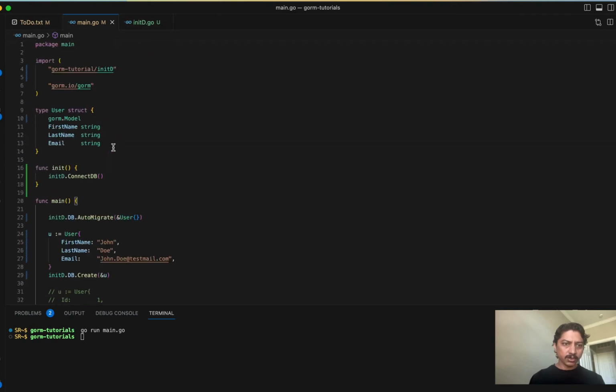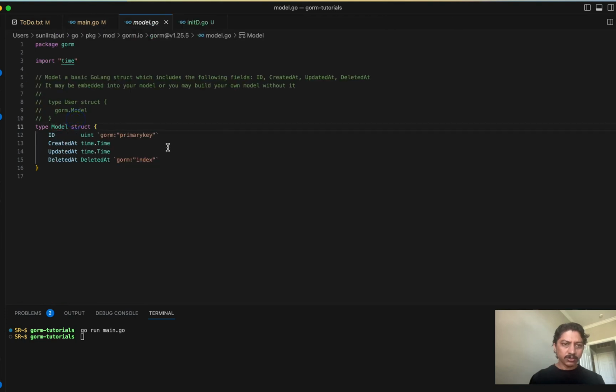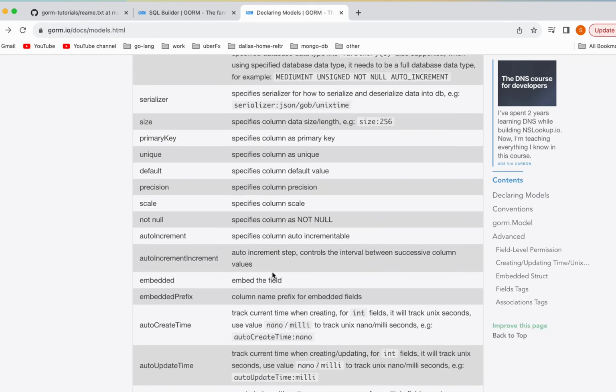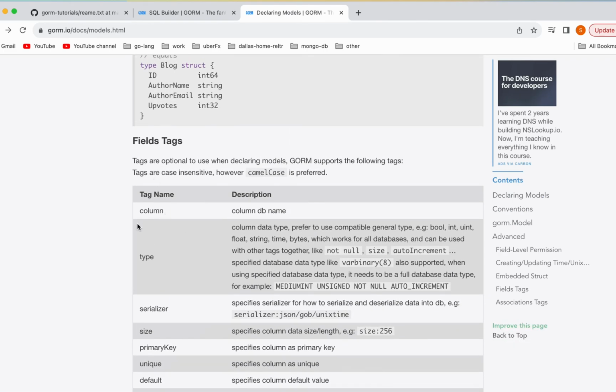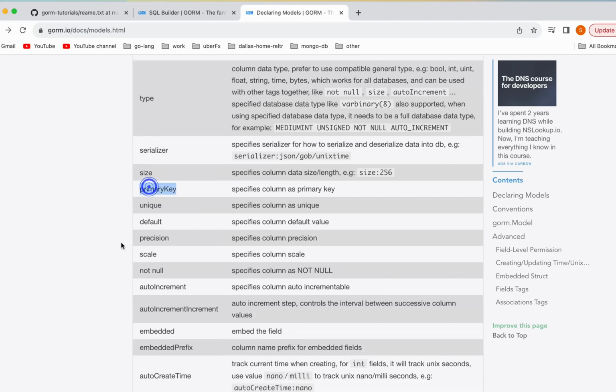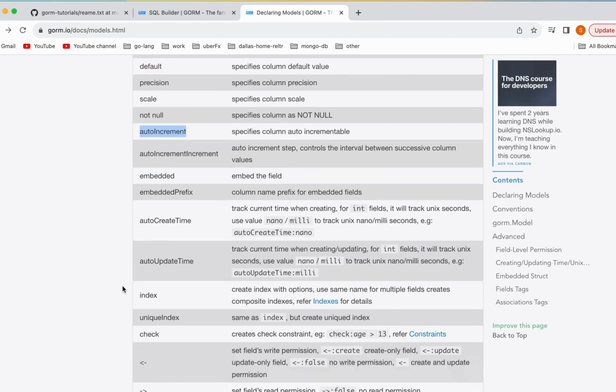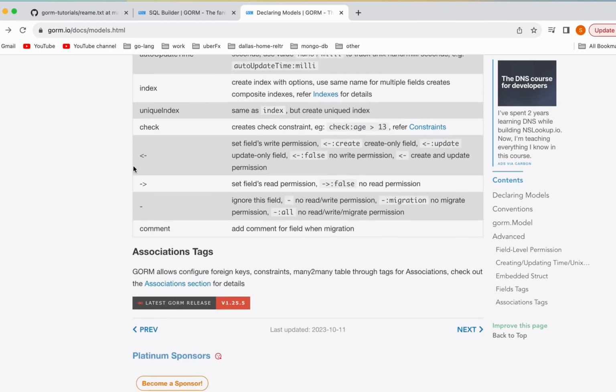We have seen how to add the constraint in terms of adding the primary key or foreign key, or you can refer even to this documentation. If you go to gorm and then declare models, at the bottom of the page you will see all the constraints or the tags we can use, like primary key, unique constraint, default, scale, not null, auto increment. So you can define these constraints, and here we can even restrict some of the read write permissions on the fields,